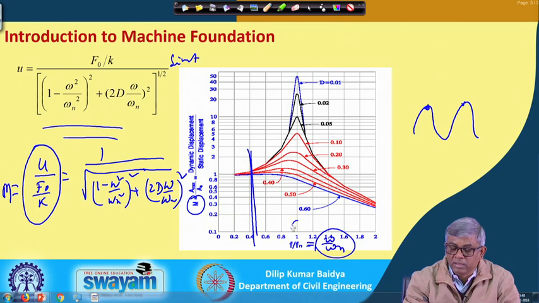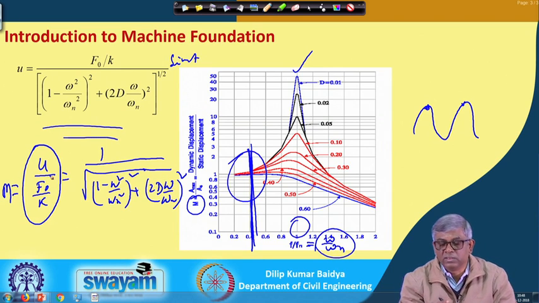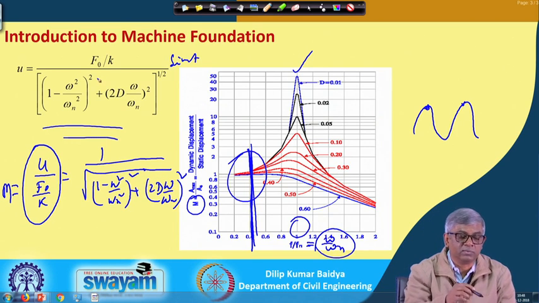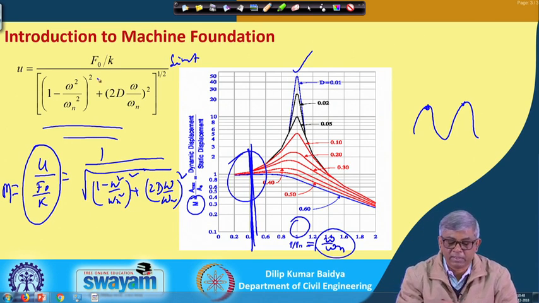This is the resonance here, where the ratio is 1. The resonance amplitude is very high, and with the increase of the damping, the resonance amplitude reduces. That is one thing. And at lower frequency, you can see whatever may be the damping, the amplitude is almost constant, close to this value. So, this is one observation for a constant force system, F naught by k.